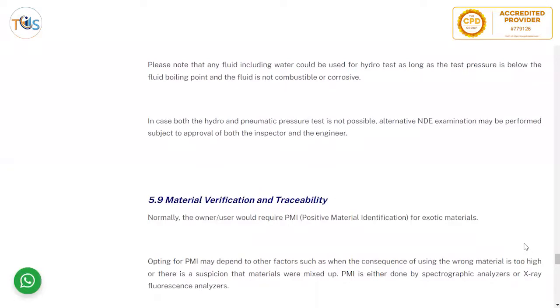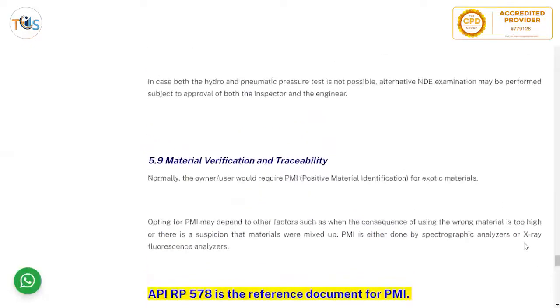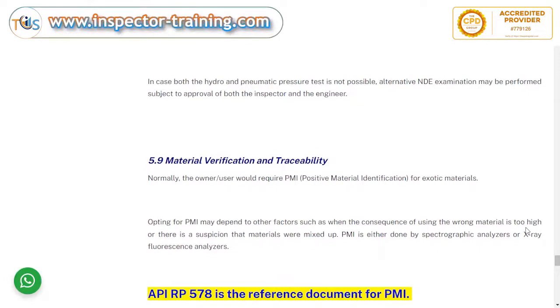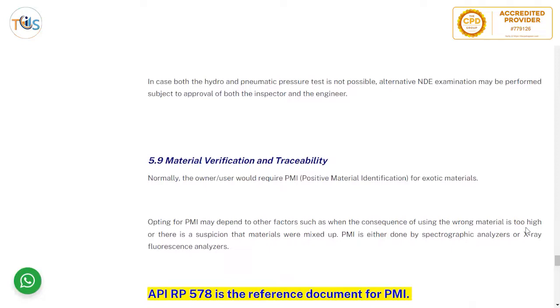In case both the hydro and pneumatic pressure test is not possible, alternative NDE examination may be performed subject to approval of both the inspector and the engineer, such as what they call the gold weld. For example, there is a piping offshore. That's the last weld. They call it gold weld because you cannot pressure test the last weld when it's connected to the system, a module. So they do intensive NDE, like both UT and RT, to ensure that that weld is good. So that way they validate